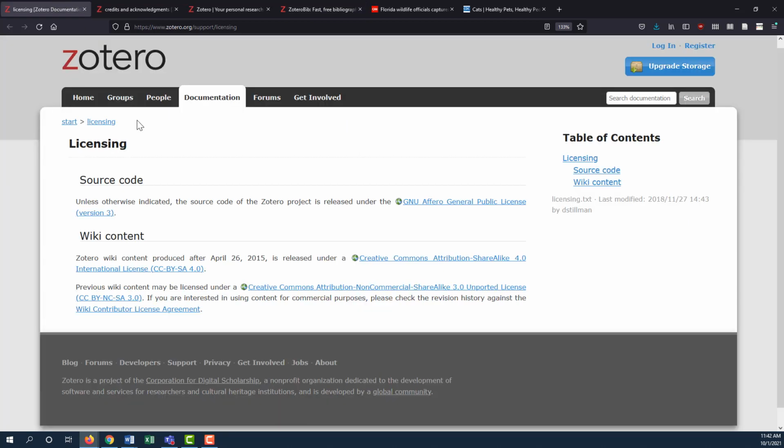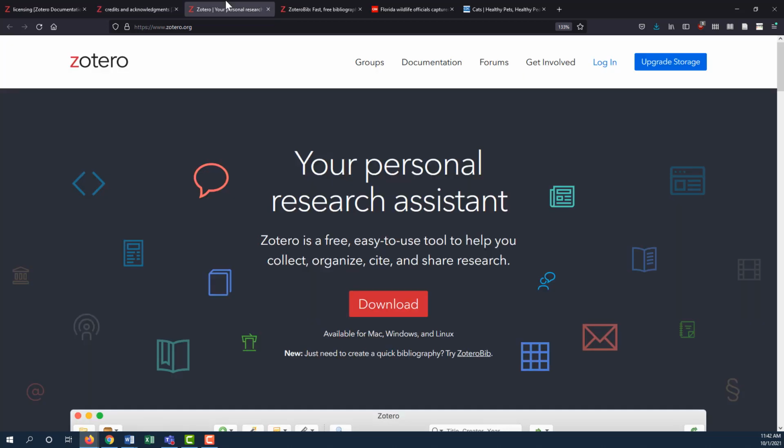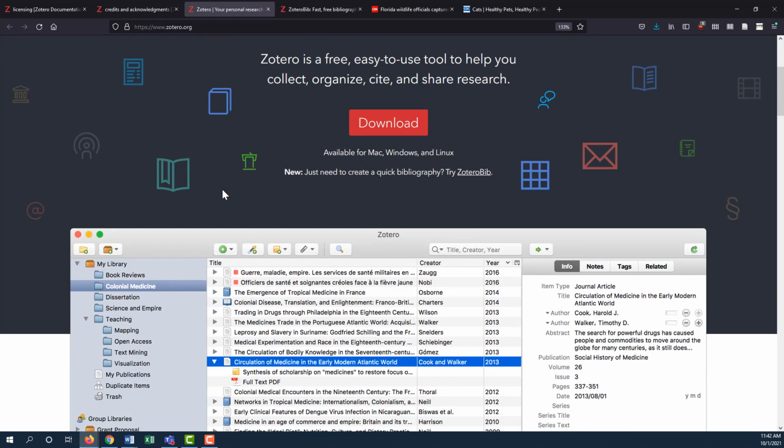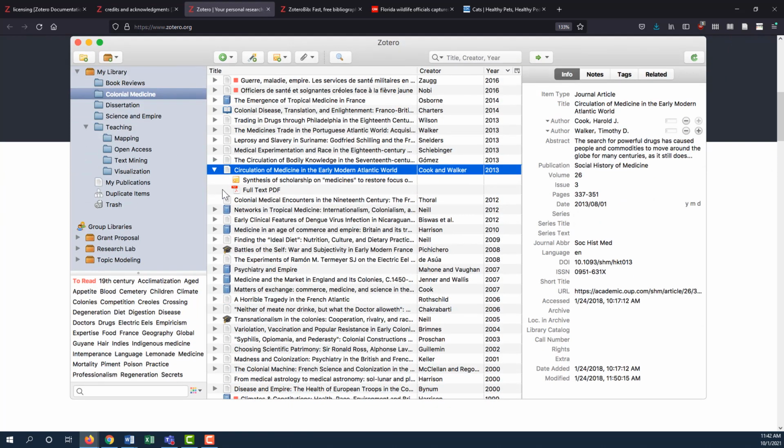zbib.org is part of Zotero. Zotero is a publicly licensed citation management service. It is a product of the Corporation for Digital Scholarship and was created at George Mason University. While zbib.org is a quick citation tool, the full version of Zotero gives you the option of saving and organizing your citations. Please ask a librarian if you are interested in and need help with the full version of Zotero.